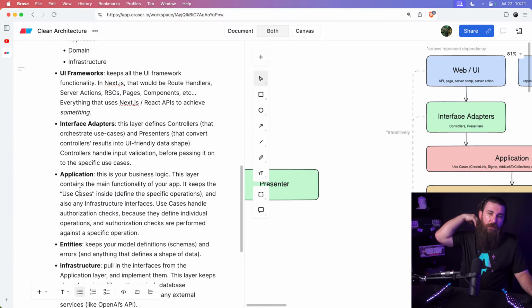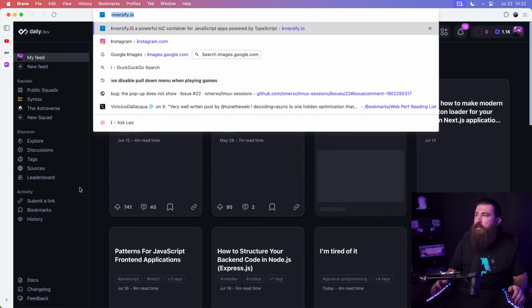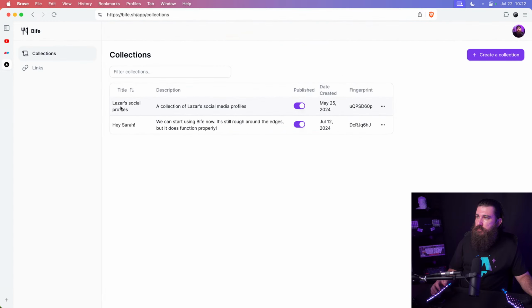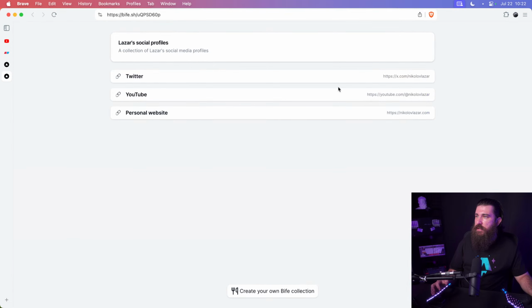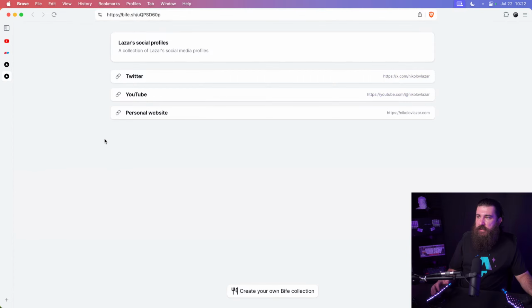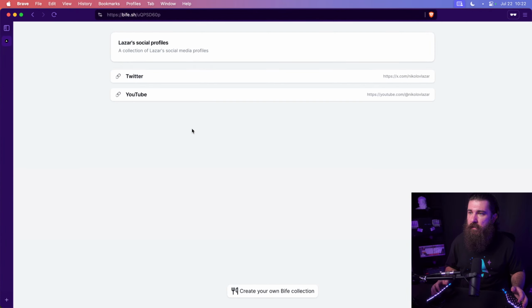For example, what I'm thinking is we have an operation flow for getting this one. Go to buffet, go to dashboards. Yeah, let's click on this one. Here's a fingerprint view collection page. If I open this in incognito, let me see, yeah, I need to update it. Let's hide the personal website. When I'm logged in, I can see the personal website. But when I'm not, I open incognito,